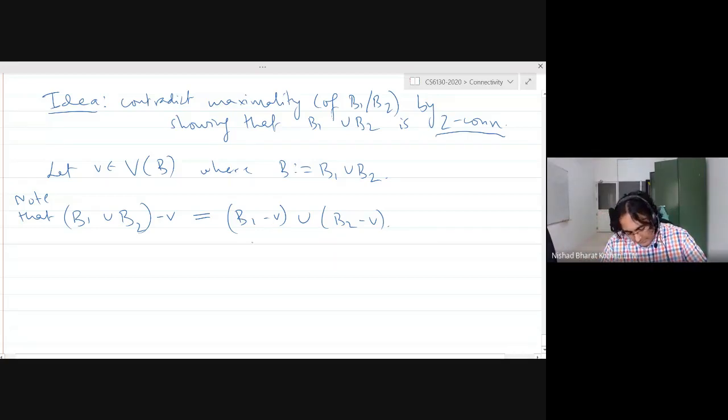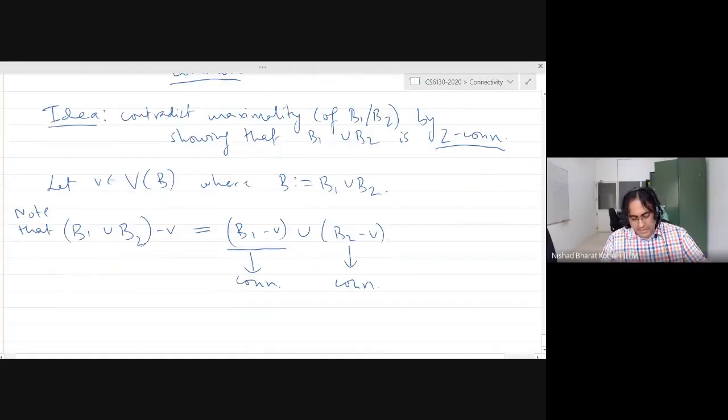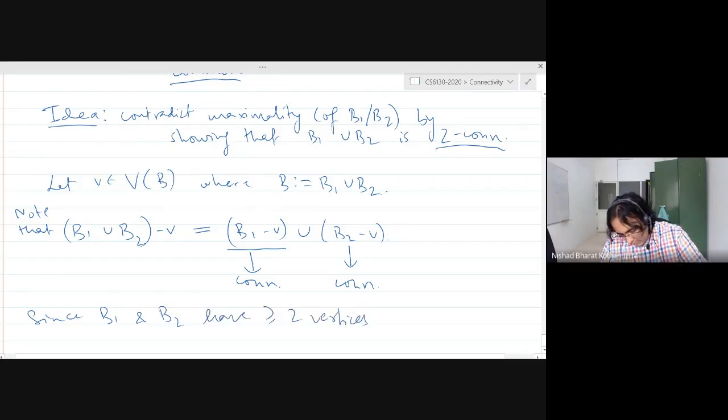Okay? But this graph is connected. Why? Because B1 is 2-connected, or otherwise B1 is K2, in which case if you delete one vertex, you still have a connected graph. So this is connected and this is connected. And by our assumption, they have at least two vertices in common. So if two subgraphs are connected and they have at least one vertex in common, then the whole graph is also connected. Since B1 and B2 have at least two vertices in common,